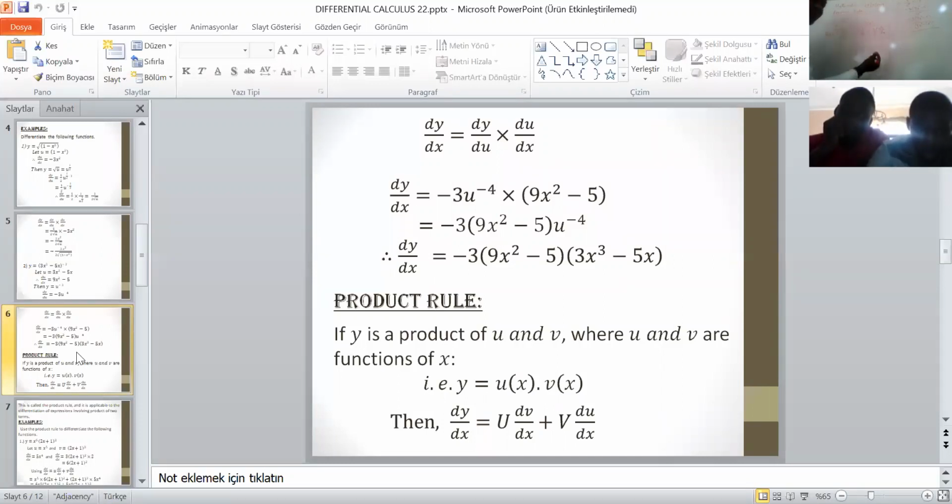Just pick one of the terms or expressions to be u. Automatically, the other one becomes v. So now let's see examples. Differentiate the following with respect to x. And the first one,